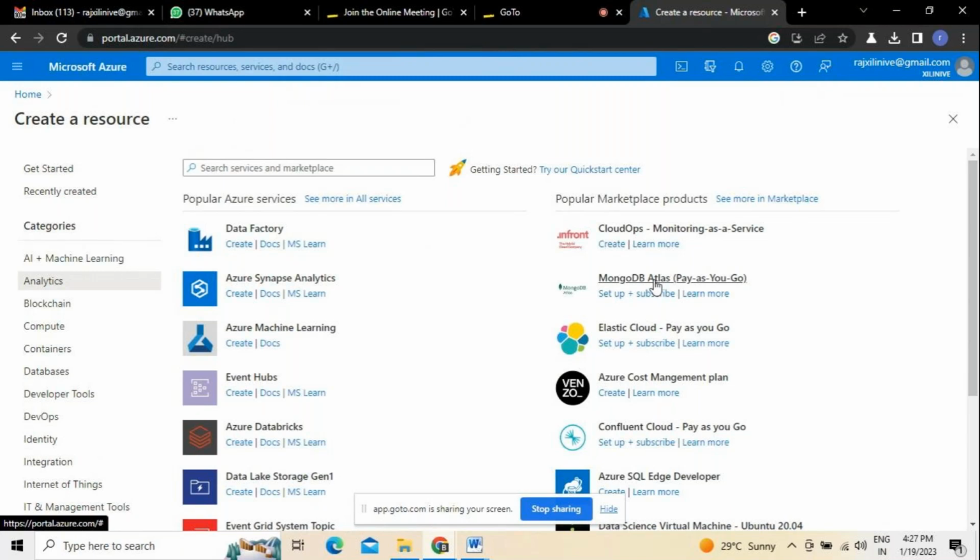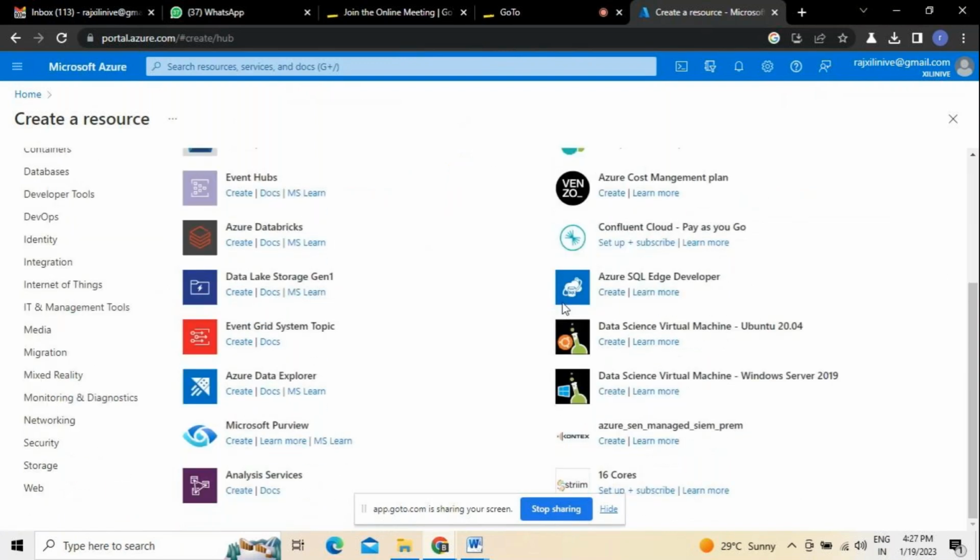And do remember, this is a cloud account, but everything won't be available free of cost to us, as it is an account we are using for training purposes. It is not possible for us to use all the options. Point to be noted, we have to use pay-as-you-go services for some tools, like MongoDB, Elastic Cloud, and Confluence Cloud. All these are majorly pay-as-you-use. You can pay and use the services accordingly. That's how generally the process goes on.